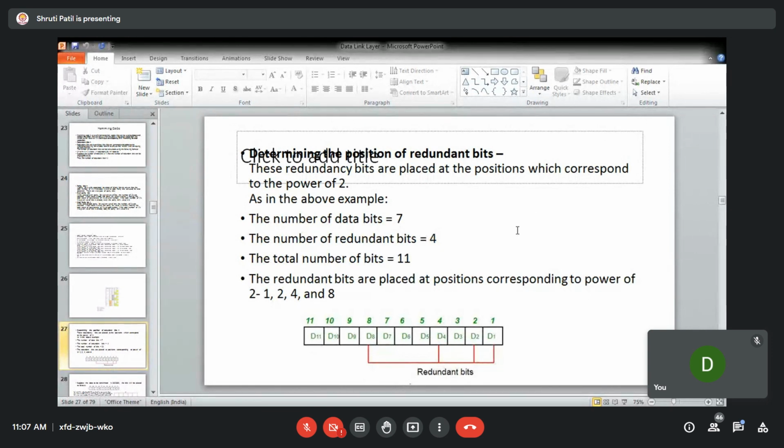So it is 2 raised to 0, 2 raised to 1, 2 raised to 2, and 2 raised to 3. So 2 raised to 0 is the first position, 2 raised to 1 is the second position, 2 raised to 2 is the fourth position, and 2 raised to 3 is the eighth position. So you will have the redundant bits added at R1, R2, R4, and R8.